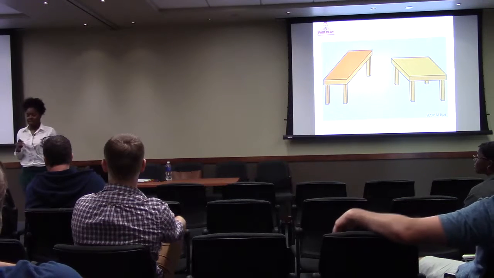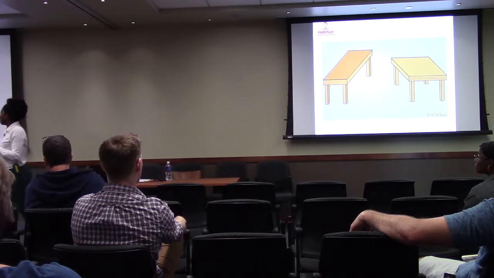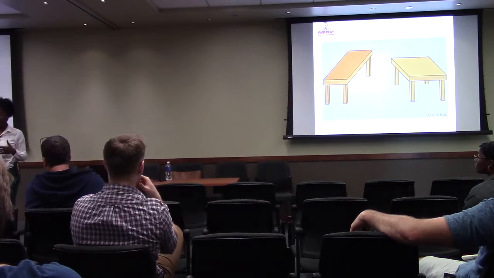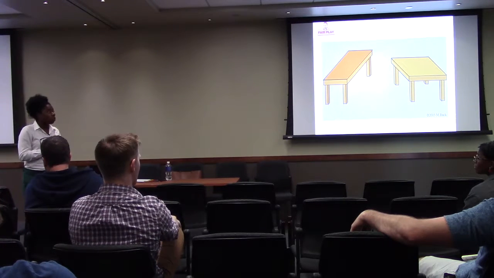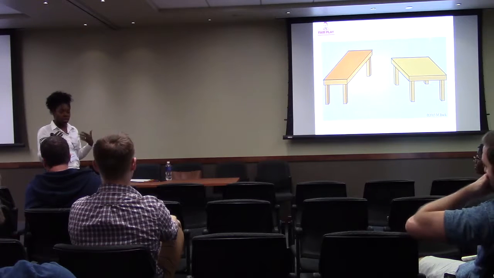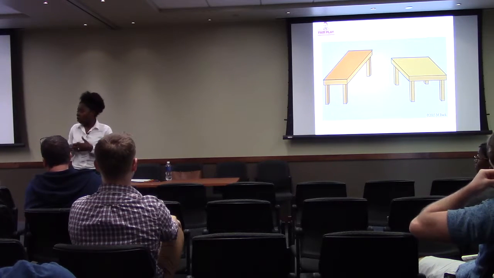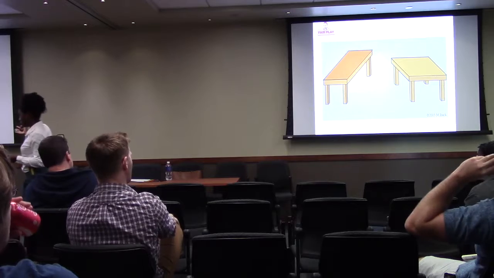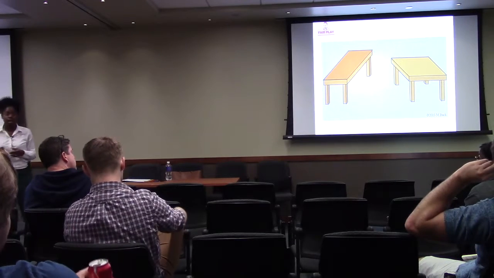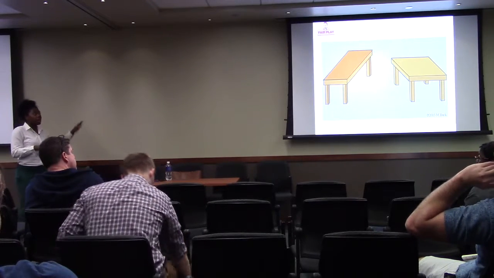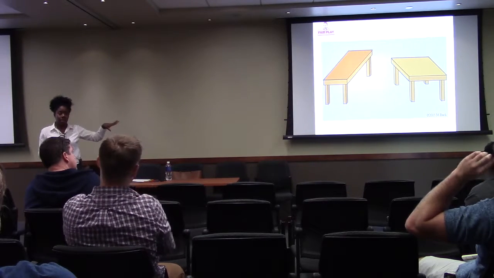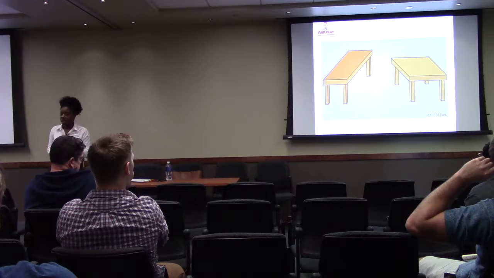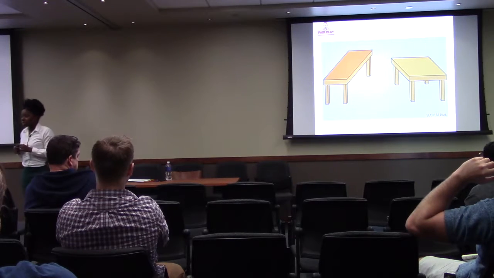So to take a step back, if we're thinking about habits of mind, it's important for us to understand how the mind typically works, right? So one thing that our minds are able to do is perceive different objects. If I asked you to look at these images of these two different tabletops and tell me whether you think the surface area of the table on the left is the same as the surface area of the table on the right, would your response be yes or no?